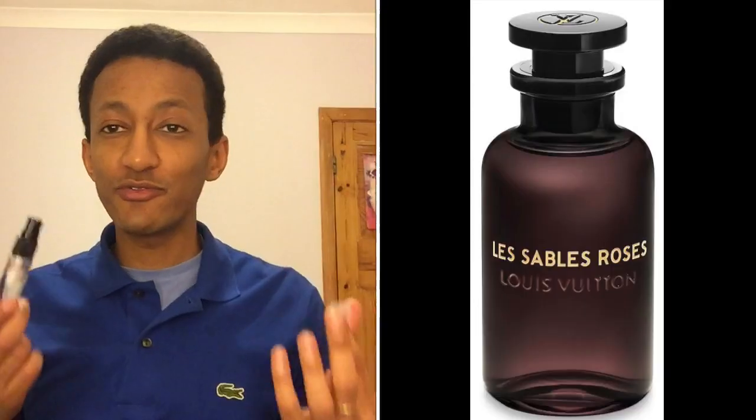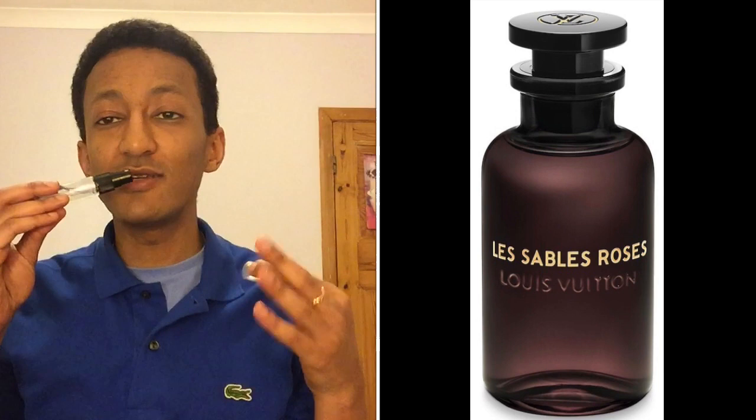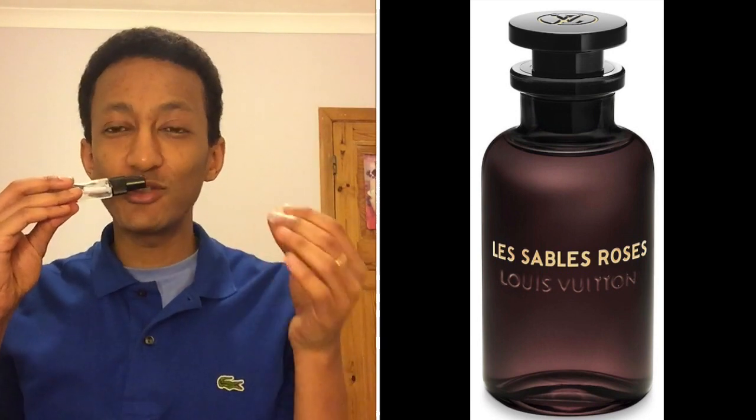The next and final fragrance is from Louis Vuitton, and I have a decant of it. This is the Sable Roses. Again, it's another oud rose fragrance, but what I like about this is it's a bit more spicy and a little bit sweet. So this has Bulgarian rose, it's got ambergris, it's got saffron, it's got black pepper, and of course it's got a rich blast of oud in the base. I really love this. To me, it smells very opulent. It smells very classy. It smells elegant, a bit spicy, a bit peppery,